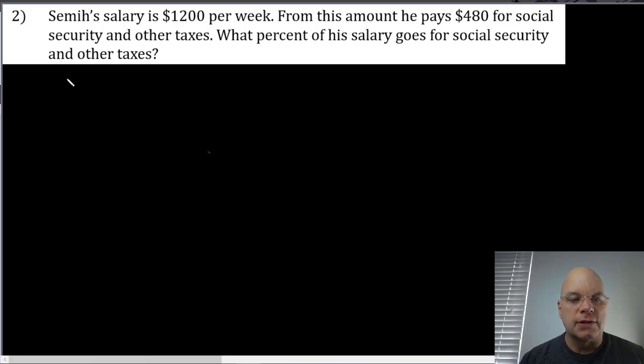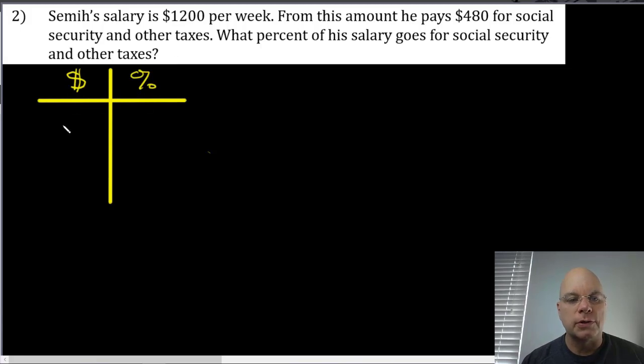So we talked a lot today about many ways to solve percent problems, but the way that I like best is a percent table. It's just like a ratio table, except one of the categories will be percent. In this case, we have dollars and percent. So the $1,200